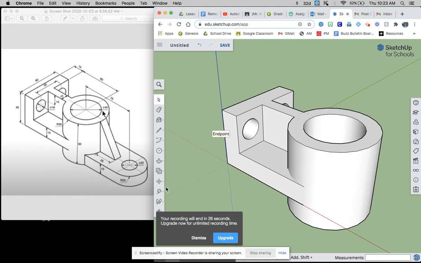It says there's 30 seconds left. So what I might do, and I think that you should make a habit of doing this too, is throw some dimensions in there now, just so you can not have to worry about this. Diameter 16, this should be 10. This straight down should be 15, but it might give us a hard time locking in on it. So I'm going to ignore that one if I can. And so far we have our